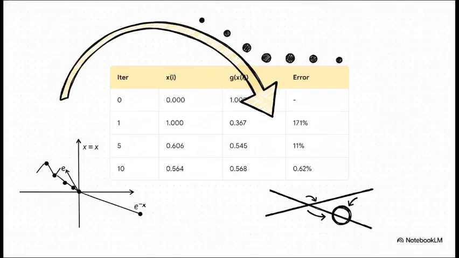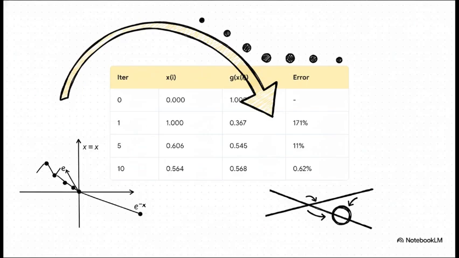Let's actually look at this in action with a quick example. Say we want to find the root of the function e^(-x) - x = 0. First step, we rearrange it to x = e^(-x). Now, if we start with an initial guess of 0, watch how the data behaves. After our very first iteration, our error is a massive